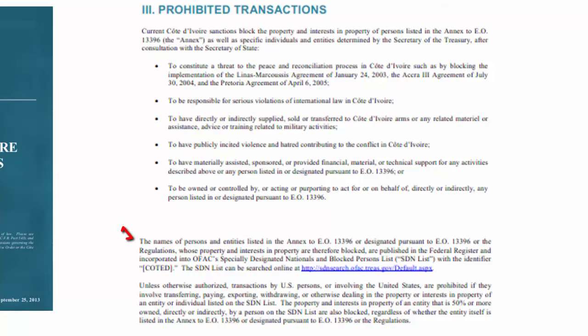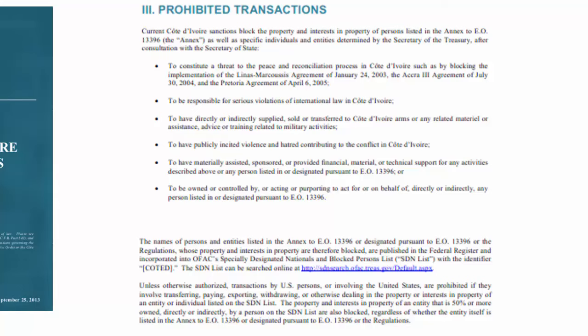Down the bottom, the names and persons and entities listed in the annex to Executive Order 13396 or designated pursuant to Executive Order 13396 or the regulations whose property and interests in property are therefore blocked are published in the Federal Register. That's probably the 5th or 6th time that we've said that. We'd have to look or vet our process in part by using the Federal Register.